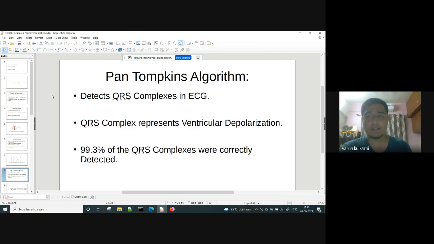Coming to the Pan-Tompkins algorithm. The Pan-Tompkins algorithm is commonly used to detect QRS complexes in electrocardiograph signals, that is ECG. The QRS complex represents the ventricular depolarization and the main spike visible in the ECG signal. This feature makes it particularly suitable for measuring heart rate, the first way to assess the heart health state. Once the QRS complex is successfully recognized, the heart rate is computed as a function of the distance in seconds between two consecutive QRS complexes, or R peaks.